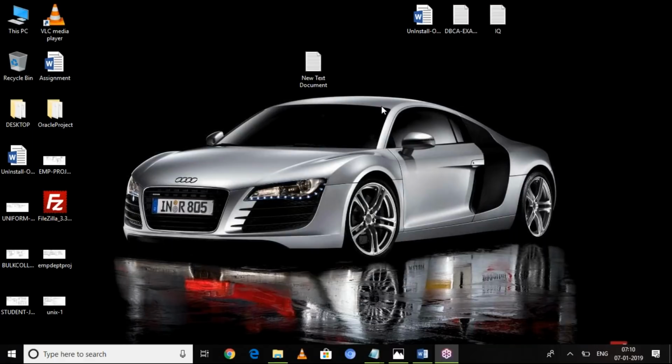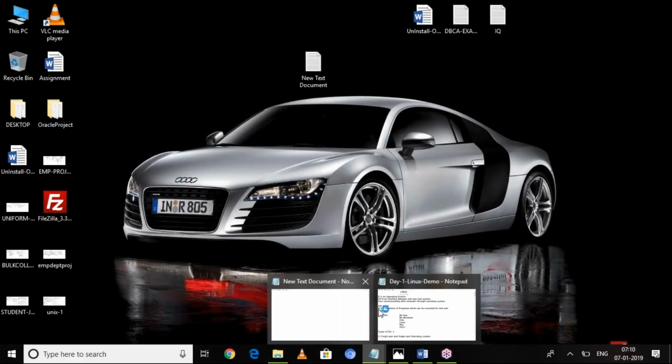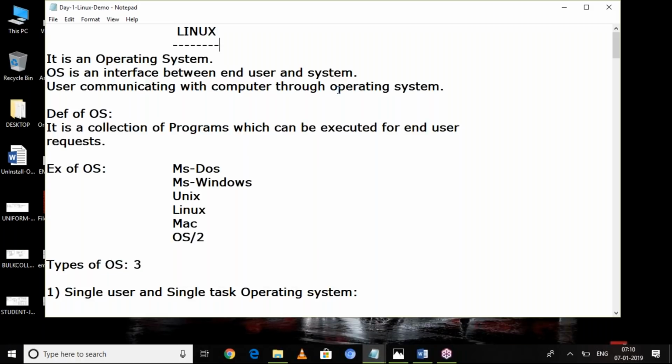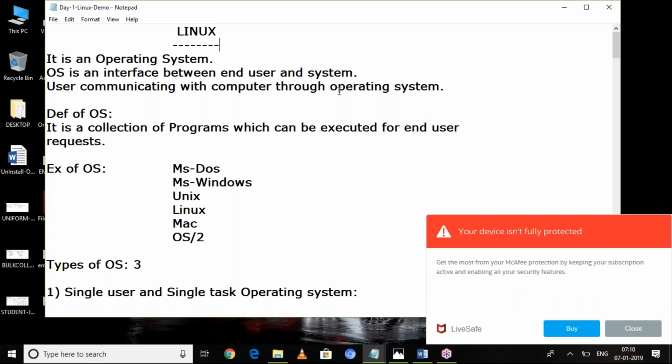In such a way, we are communicating with the computer through the operating system. That's why an operating system is known as an interface between the computer and the user.